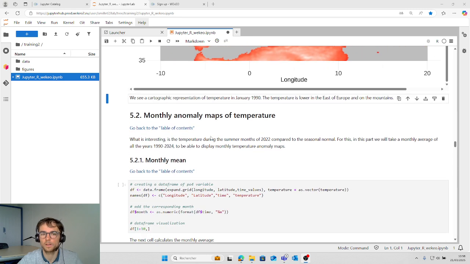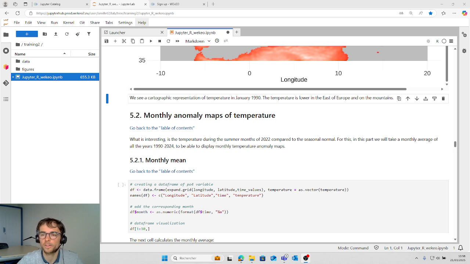Now we will make a plot of monthly anomaly maps of temperature. So what is interesting is the temperature during the summer months of 2022 compared to the seasonal normal.